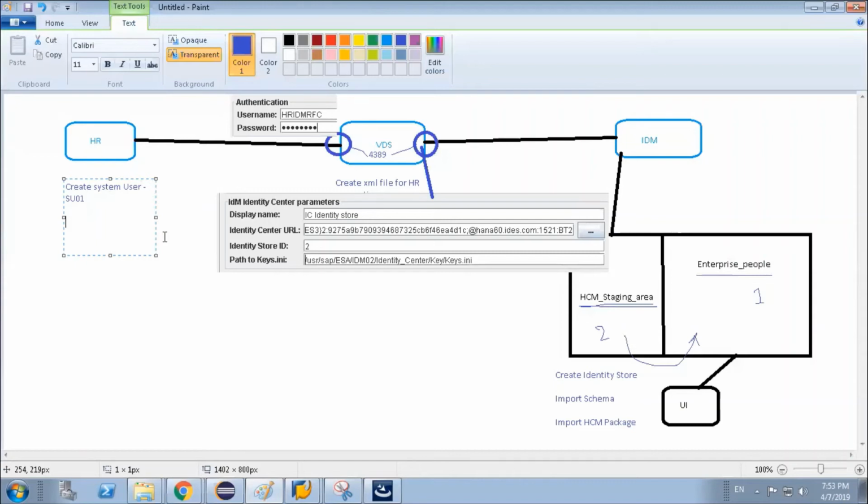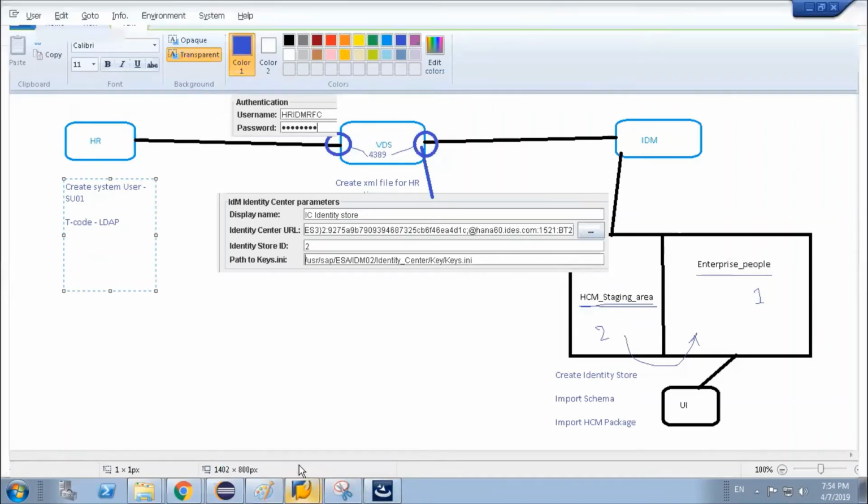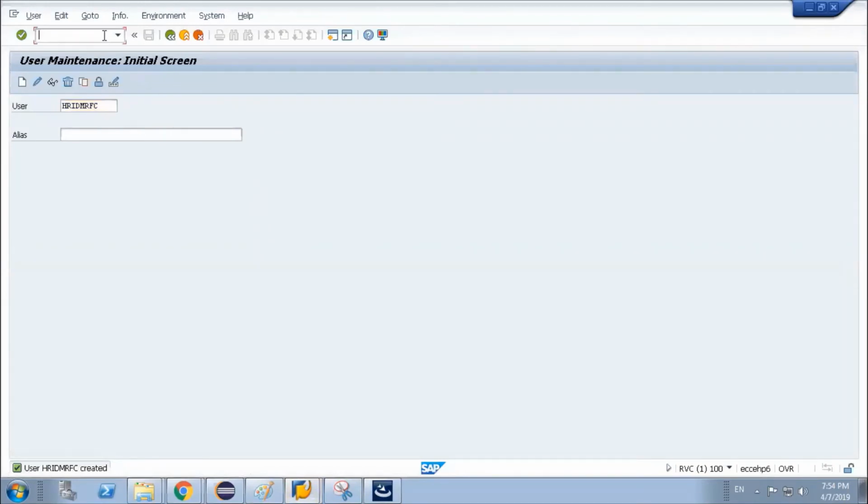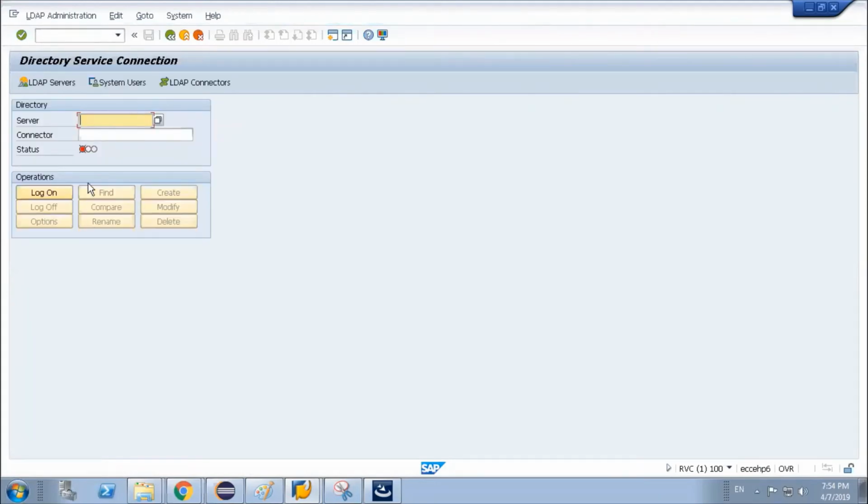we have one transaction called LDAP. In that LDAP transaction, we have to create our configuration. So let's go to the transaction called LDAP. In the LDAP transaction, we have to create our LDAP server.